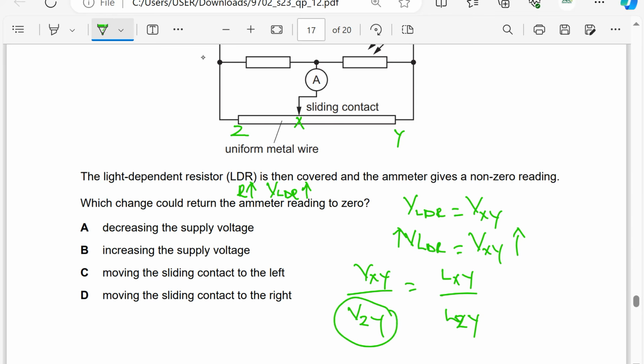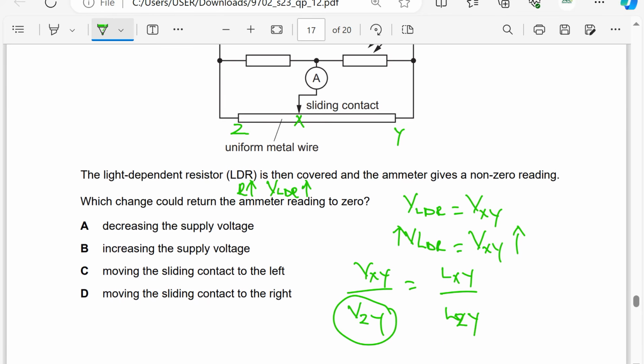The PD across ZY is the EMF of the power supply, which is constant. The length ZY is also constant, so this is constant, this is constant. So since Vxy has increased, the length XY should also increase, and the only way it is going to increase is by shifting the sliding